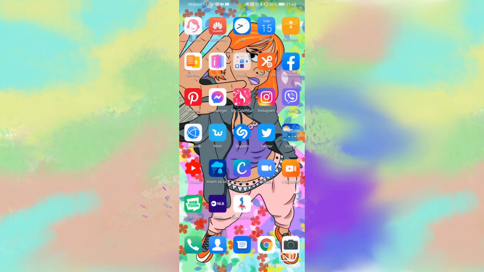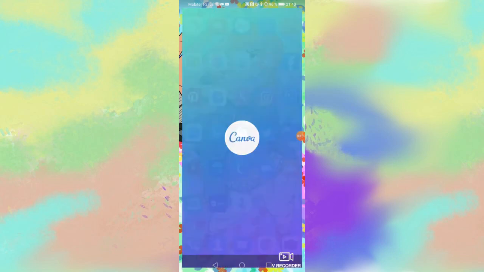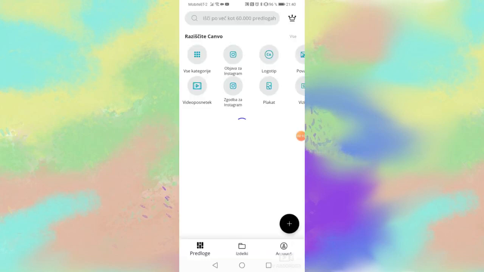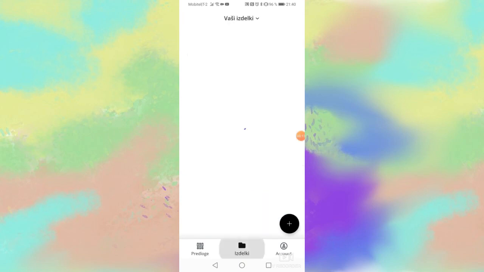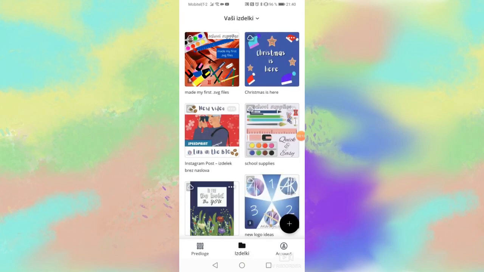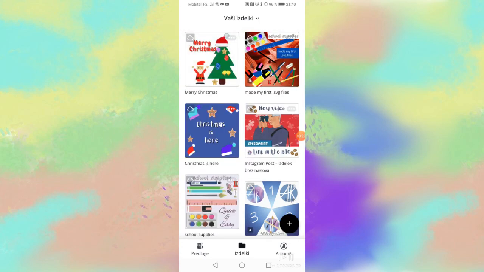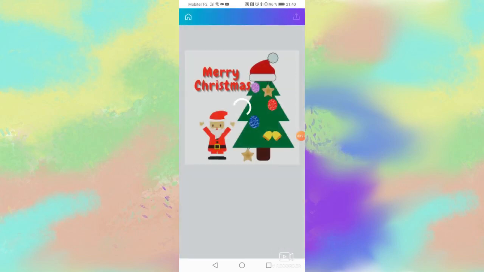Okay, so we are in my phone screen, so I'm gonna go to Canva app, and at the bottom you have in the middle where all your products or designs are. I'm just gonna refresh this and you can see our design that we just made. We click on that, it's gonna open it,